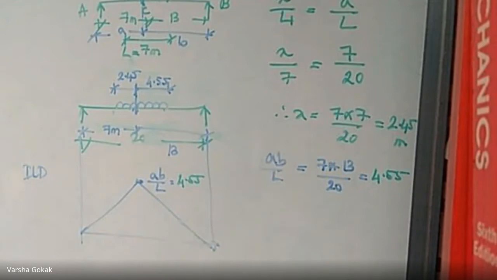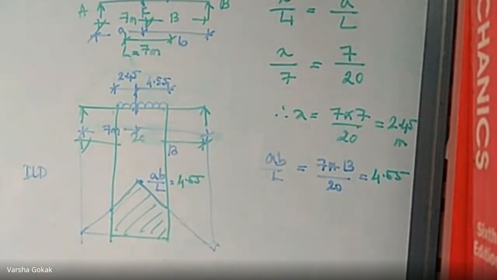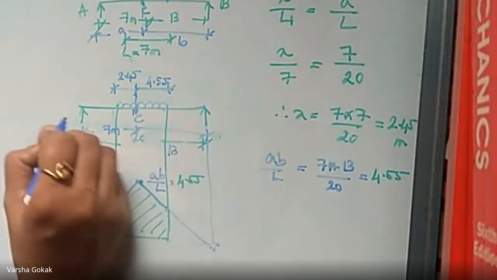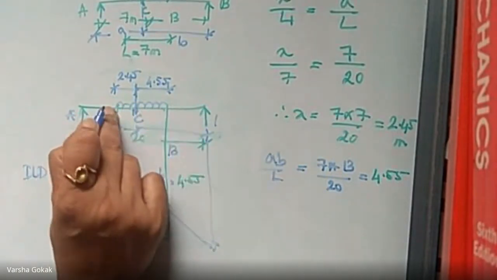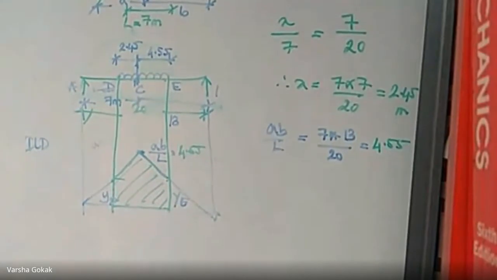And if I want to calculate the maximum bending moment, I will project this down, and now I'm going to be interested in the area of this. You can break it into a triangle and a rectangle. This is A and B, and this point is C. A, B, C is given. So I can name this as C, this as D, and this as E. Let us get the values of YD and YE from the similar triangle. So how do we get the value of YD and YE?